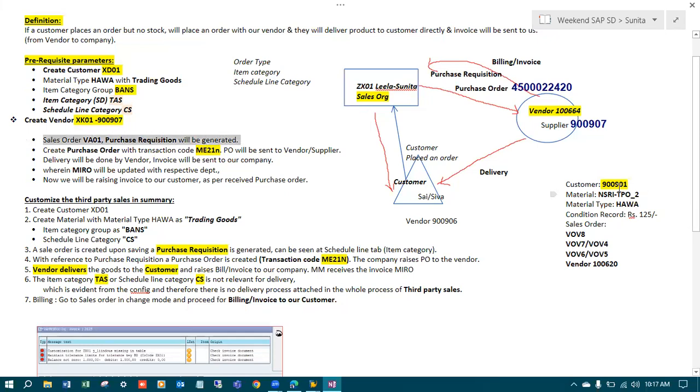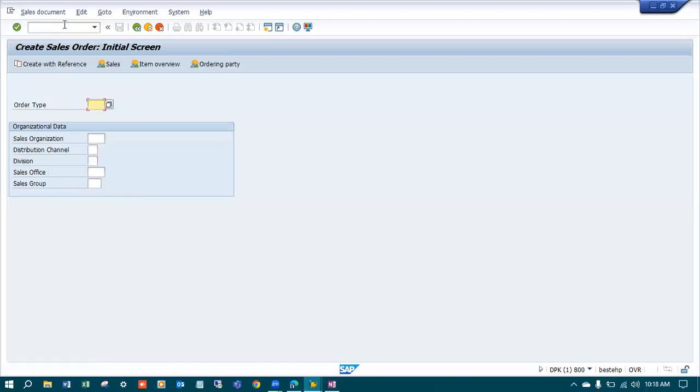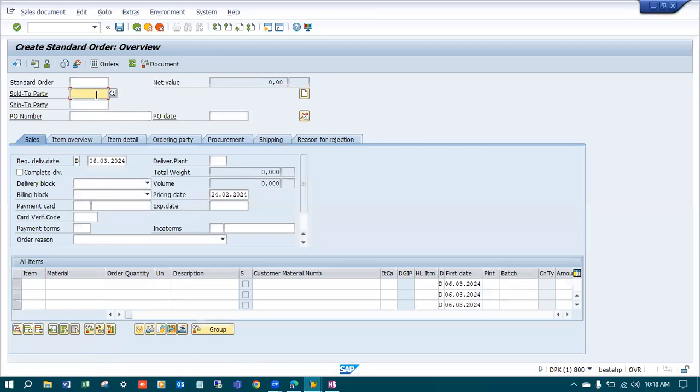Okay. Now let's try creating a sales order. Our expectation is that as soon as we save the sales order, a purchase requisition will be generated, and we can see this in the schedule line data. Let's create a sales order with /n VA01: order type, sales organization, distribution channel, division. Enter. Let's maintain the customer